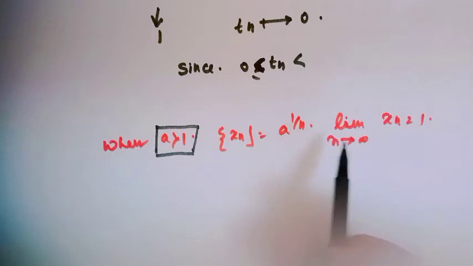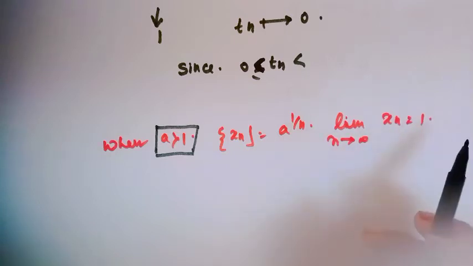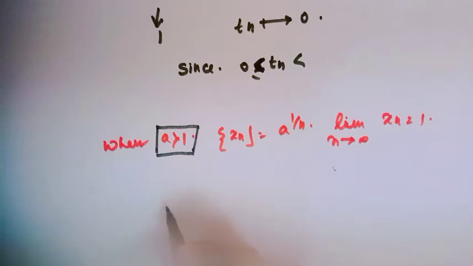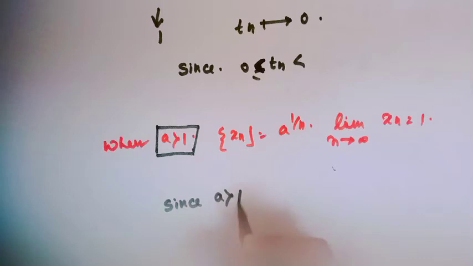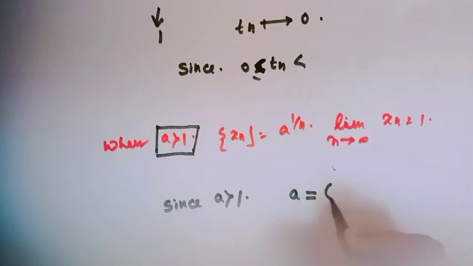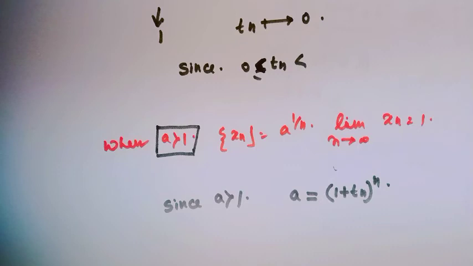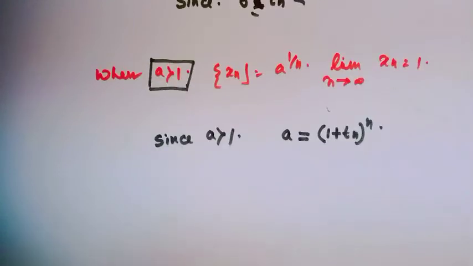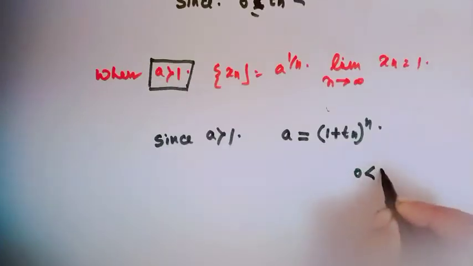Since a is greater than 1, we can consider a equal to (1 plus tn) to the power n. And notice if a is any positive number,